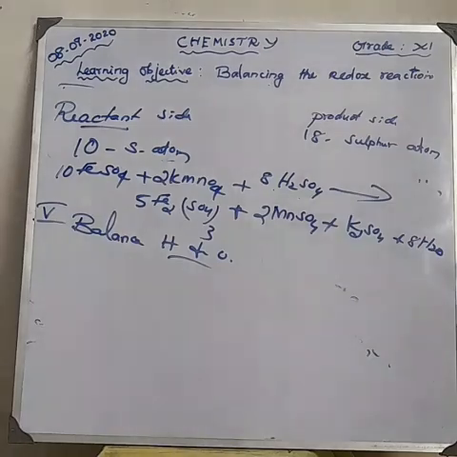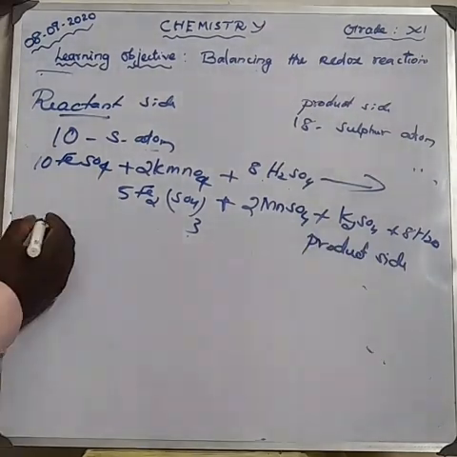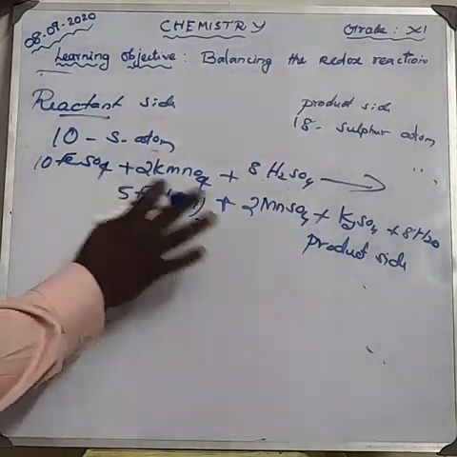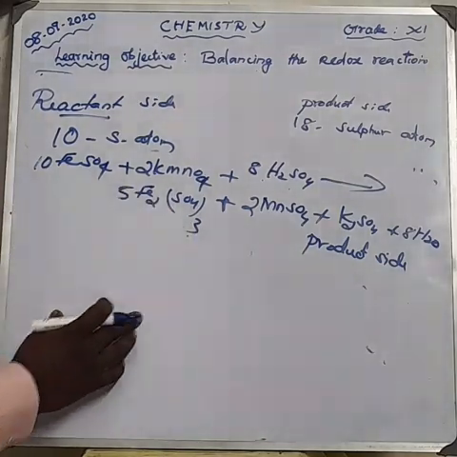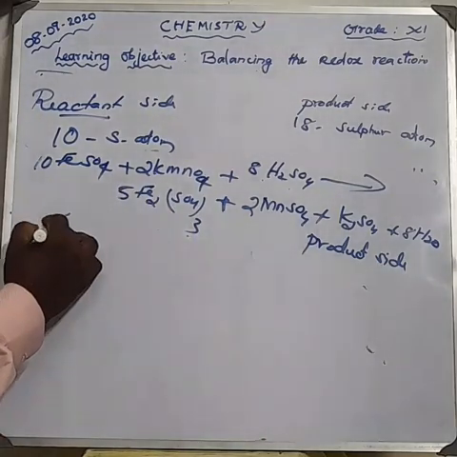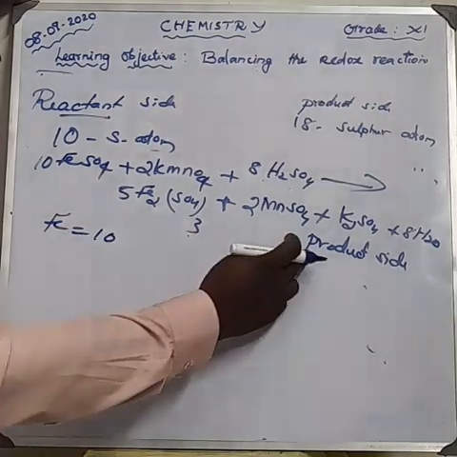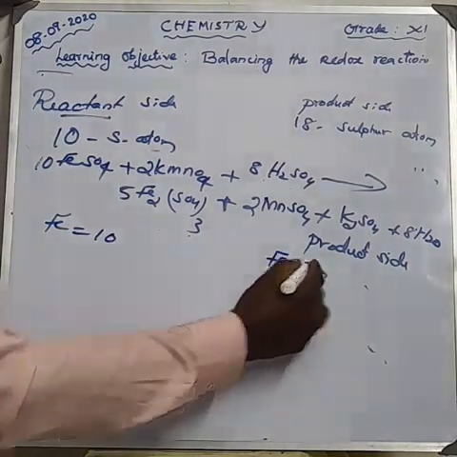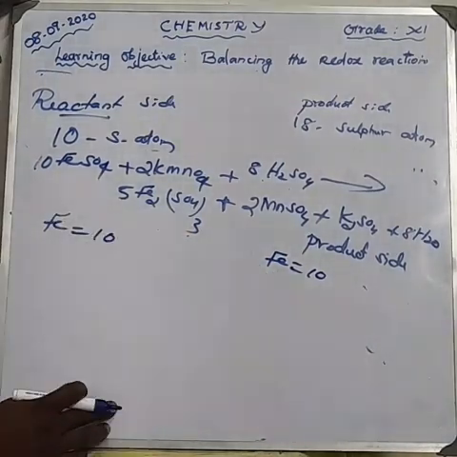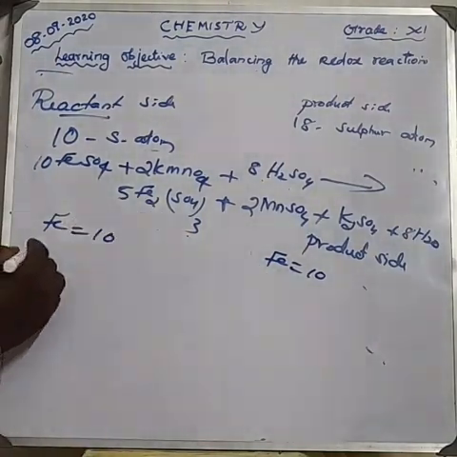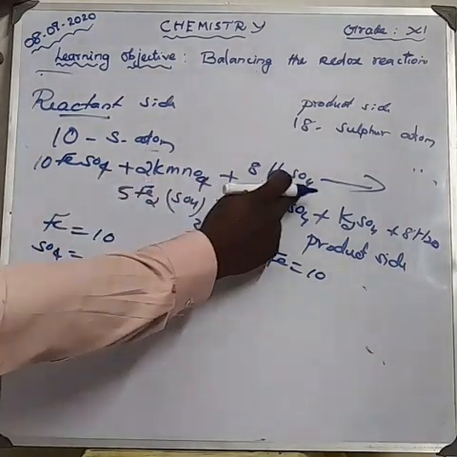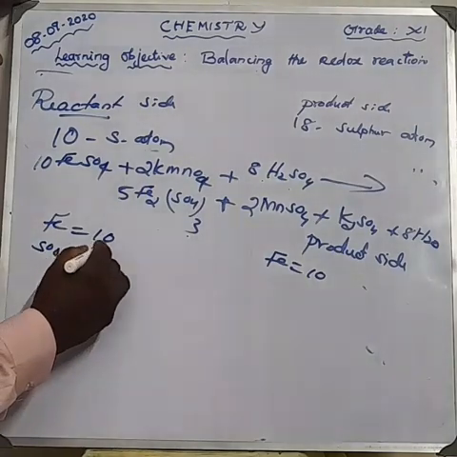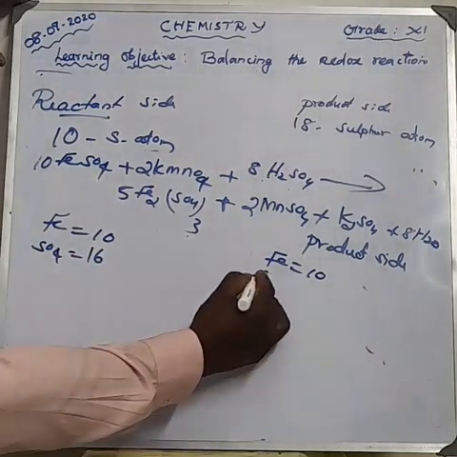Okay, now please count all the reactants and products. Here the equation is almost balanced. We can check it. The reactant side and the product side: how much Fe is there? Fe is 10, here also Fe is 10. Reactant side, product side. Here 5 into 2 is 10. About the sulfate SO4, how much? 10 plus 8, 18 sulfate. Here sulfate, how much on the product side?